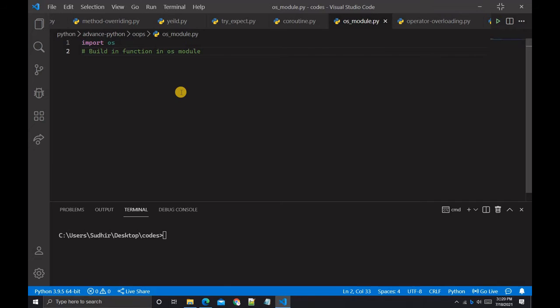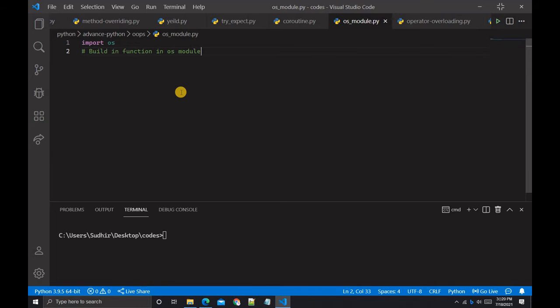In this tutorial we have learnt about the OS module with Python 3. The main purpose of the OS module is to interact with the operating system. The primary use of the OS module is to create folders, remove folders, move folders, and sometimes change the working directory. And this OS module has lots of built-in functions. Some of them we will discuss in this tutorial.